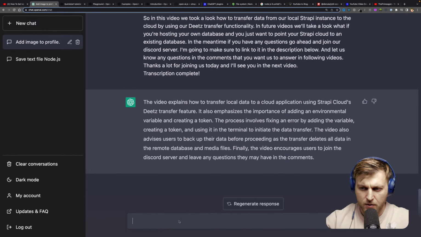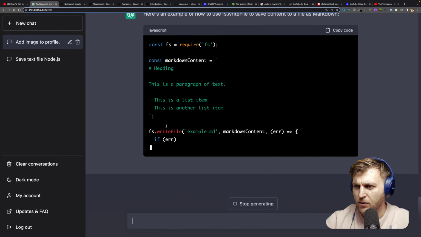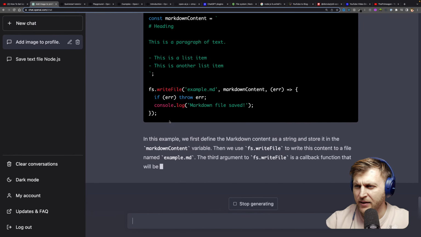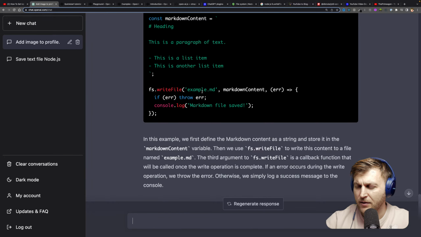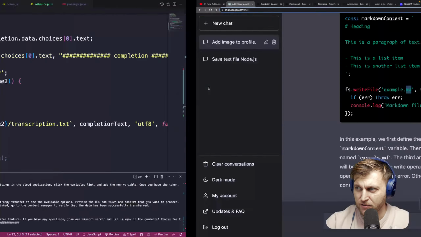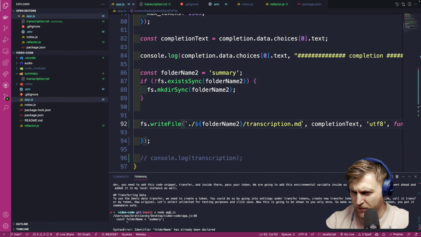User cheat code example to save to file as markdown, because that would be much cooler. Basically, we just have to give it a markdown extension. That's simple enough. So instead of using text here, I will call it markdown, and we should be getting markdown from the response